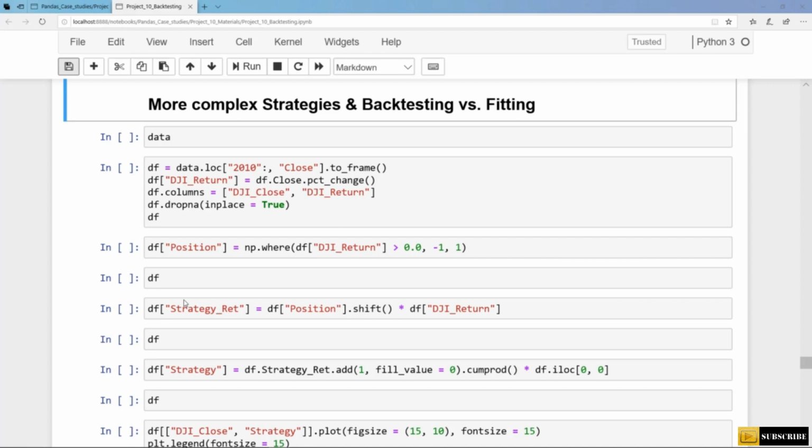All right, in this lecture, we will slightly adjust our code and create some more complex strategies. And we will try to find a strategy that outperforms our basic buy and hold strategy. And that's pretty much the most dangerous and most frequently made mistake in investing. Looking for patterns in historical or past data and searching for a strategy that was profitable in the past based